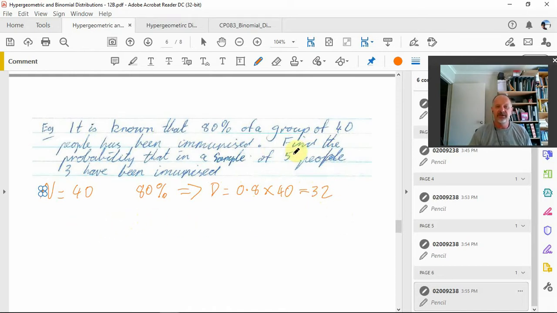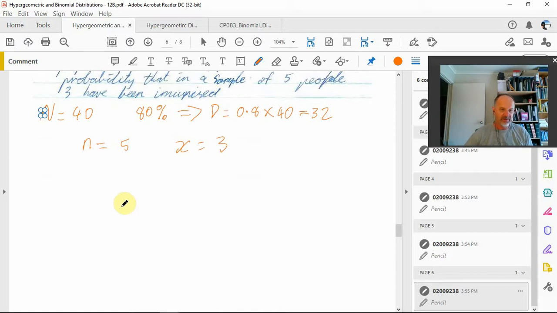Find the probability in a sample of 5 people, so that's n equals 5, that 3, so that's x equals 3, have been immunised. So if we're to write it out, the probability of x equals 3 is equal to,